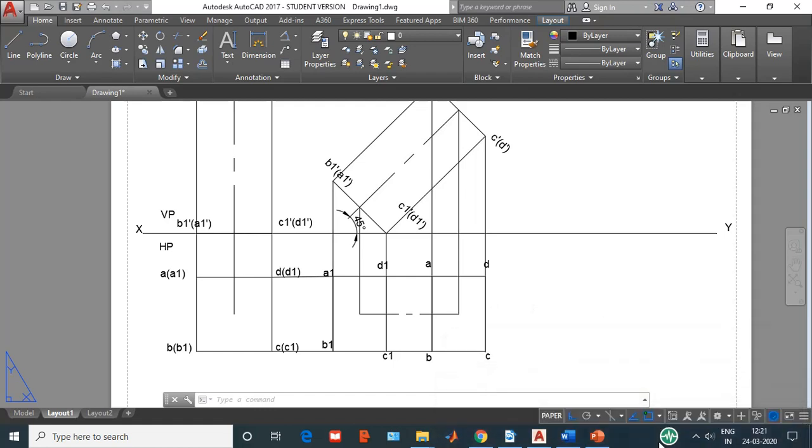Now, before I go to third position, let me recall something about apparent inclinations. You know that in projection of plane surfaces, we need to find the apparent inclination angle beta. Apparent inclination with respect to top view is beta, and apparent inclination with front view is alpha, which were already done in projection of lamina. Here also we get apparent inclination in a few of the problems.